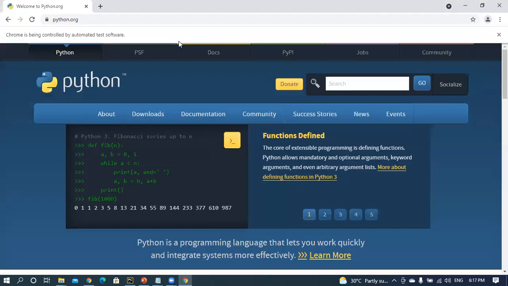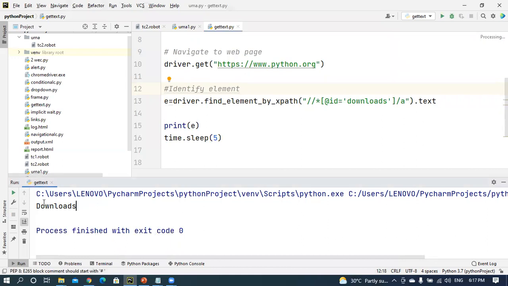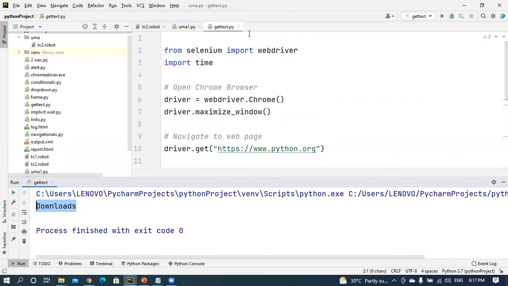That means navigate to the web page, identify this particular Download element, get the text and then print that particular text. This is the way of getting text by using Selenium. This is the first program.